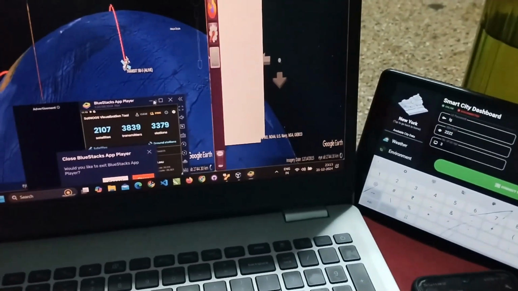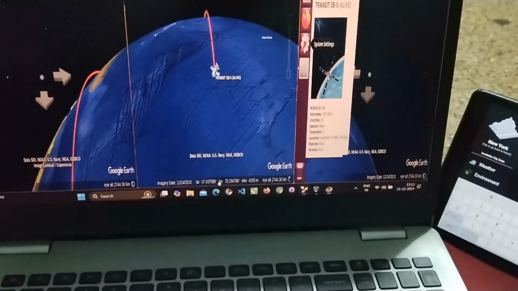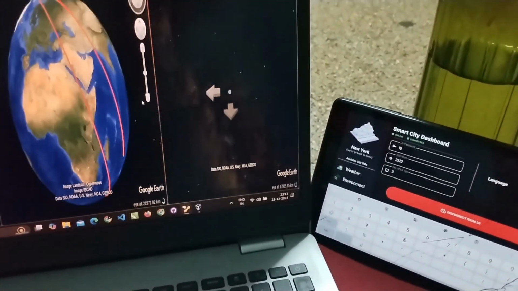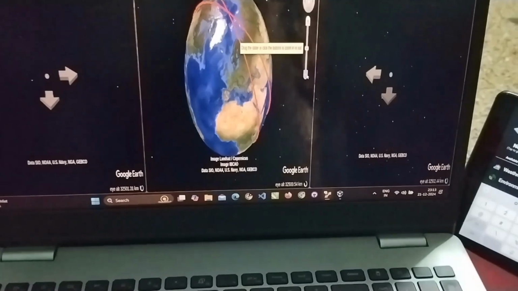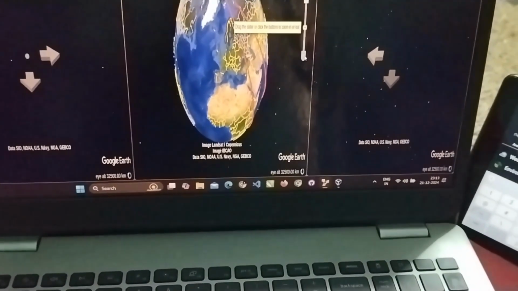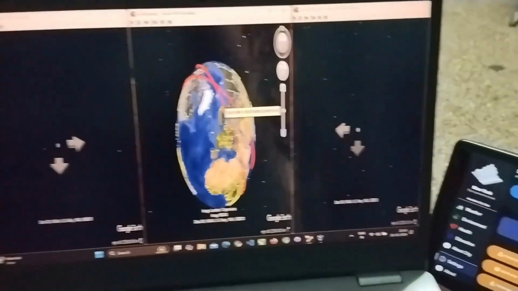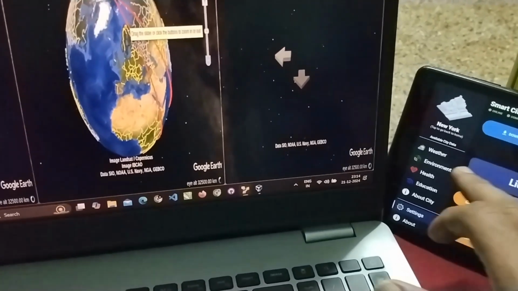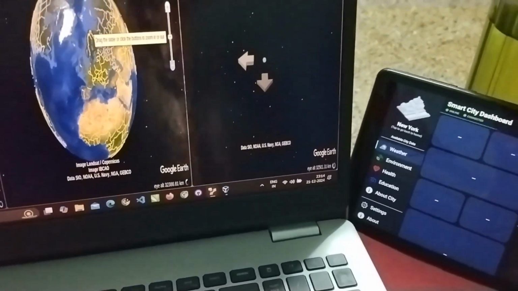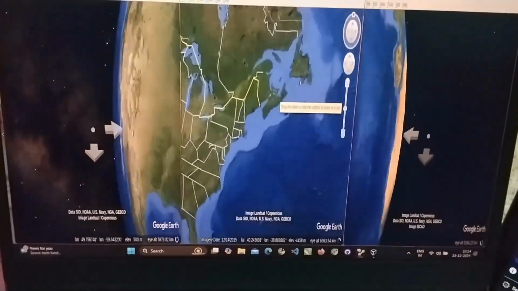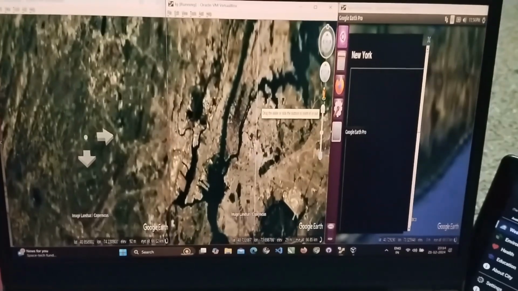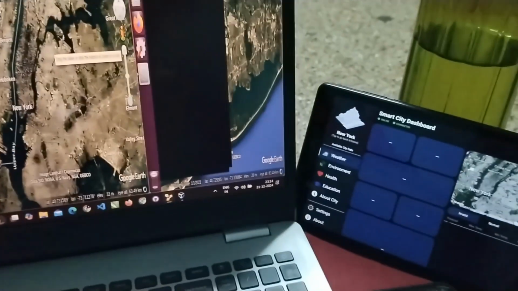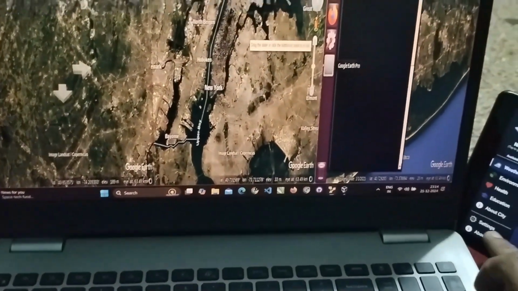I am using a physical device that can connect with the VMs. So first I am closing and connecting to Liquid Galaxy. As you can see, now the Smart City Dashboard app has also been connected, and we can now refresh. Now I am cleaning the saves from this and making another over here. As you can see, after cleaning the saves, the red lines have disappeared and a new orbit has been changed, and it has been successfully running, and I can disconnect it